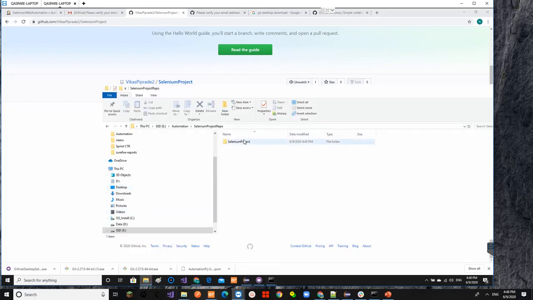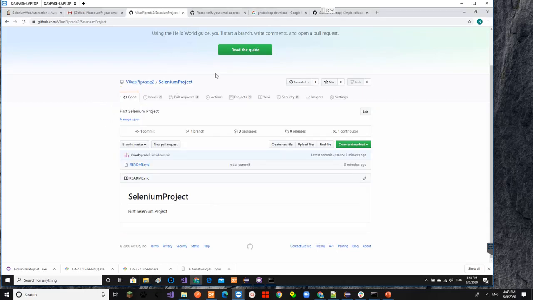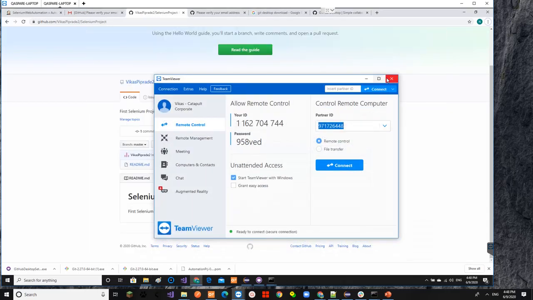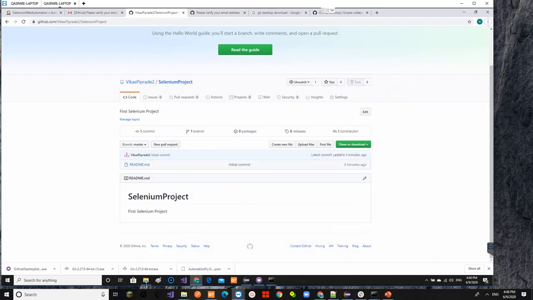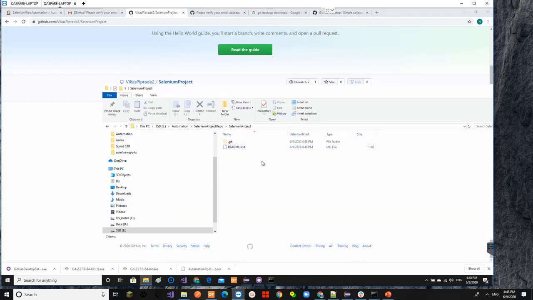We'll check our local, and in this empty folder Selenium project repo, our Selenium project is created, or all the repo files which are there on GitHub are pulled onto our local. This one, it has only one file.